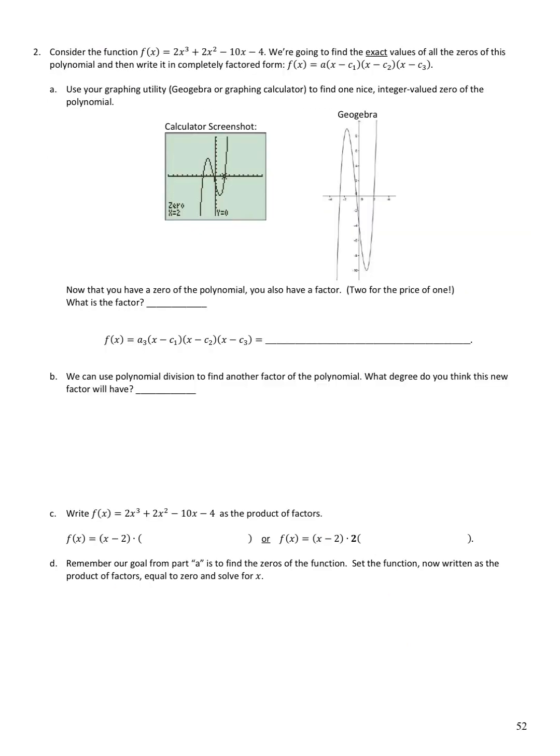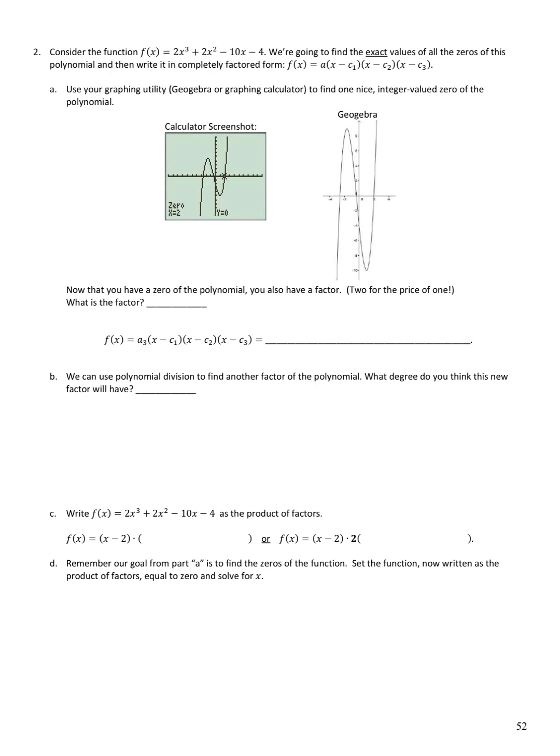Number 2, consider the function f of x equals 2x cubed plus 2x squared minus 10x minus 4. We're going to find the exact values of all the zeros of this polynomial and then write it in completely factored form. And completely factored form always looks like a leading coefficient and then x minus a zero 1, x minus zero 2, x minus zero 3. And I know that there are going to be 3 linear factors with 3 zeros because this is a third